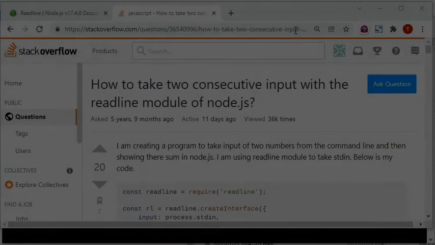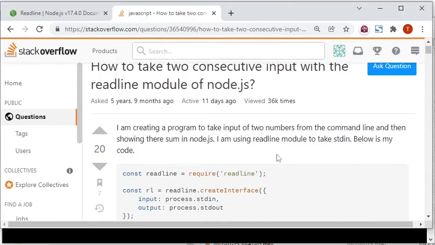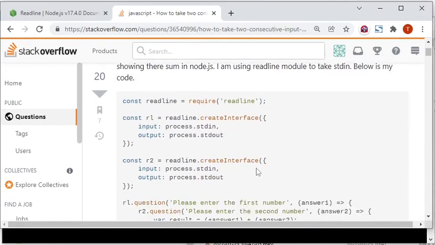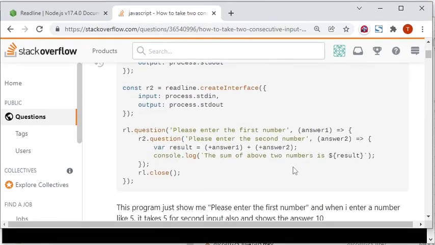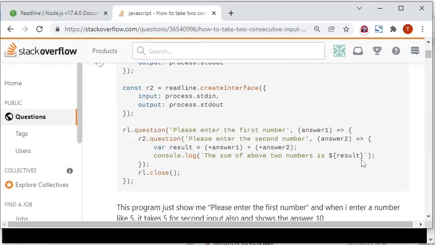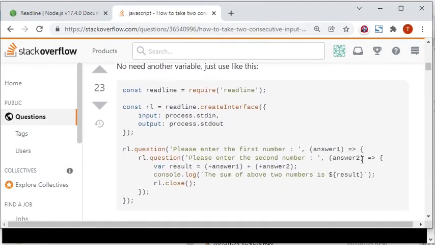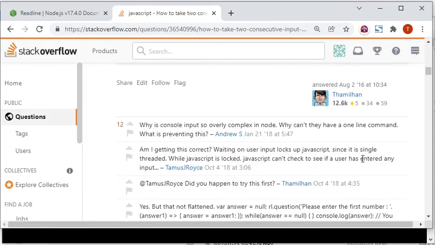In this program, I have only asked the user for 1 input text, but how would you do it with many sequential inputs? That question has been asked at Stack Overflow by someone who tried with nested callbacks, as you can see in the question. It is quite a long web page about something that is simple in many other programming languages, and it is also simpler to read keyboard input when you're using TypeScript or JavaScript with the Deno runtime, which provides the prompt function. One example of a comment in this Stack Overflow web page.